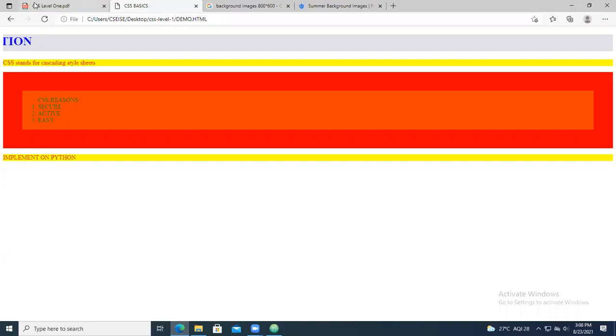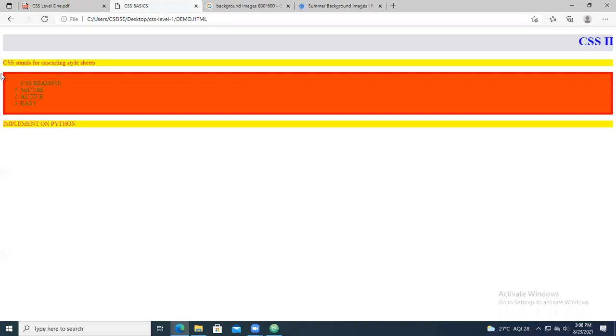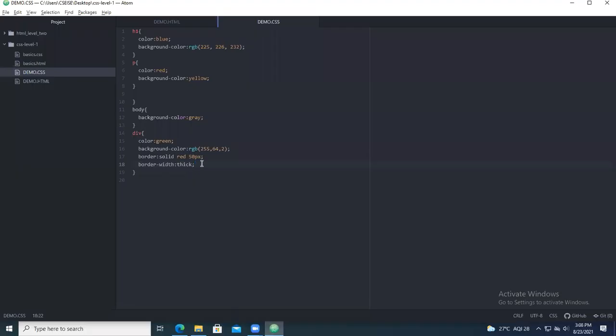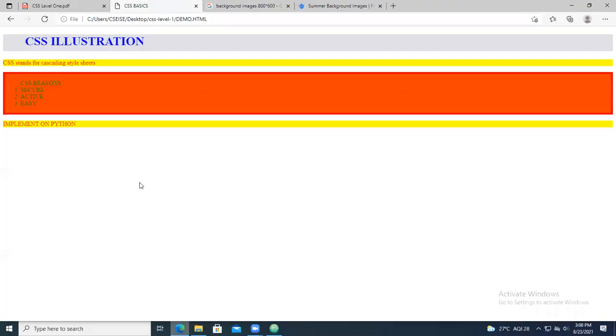So when you give border width thick, you can see this is the thick you can have. Similarly, you can have border style. So border style, you can give it as dotted. When you give the contents as dotted, you can save the content and see the web page.